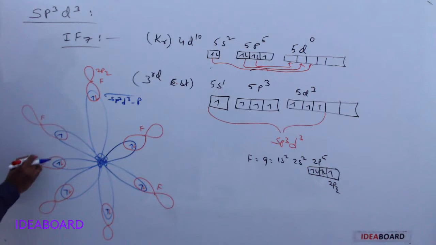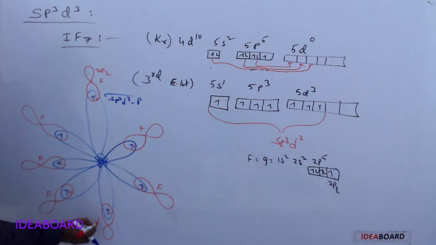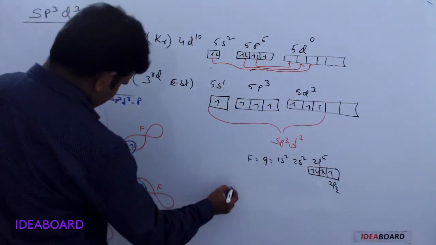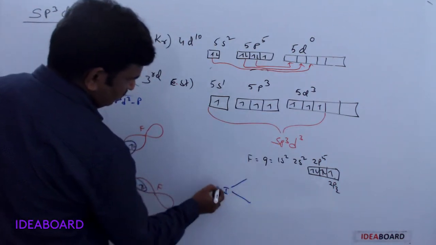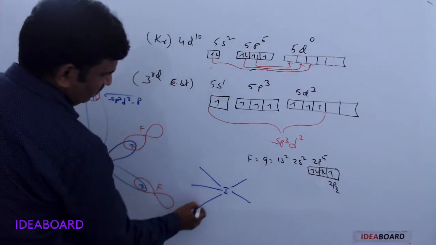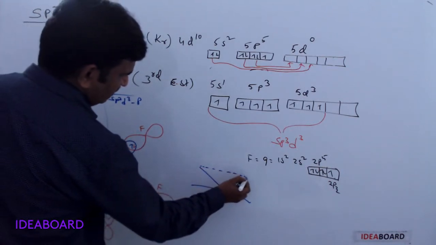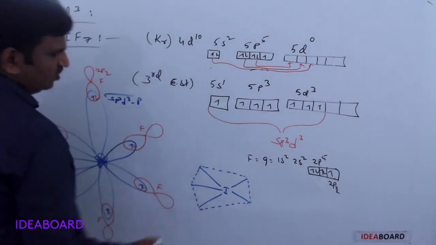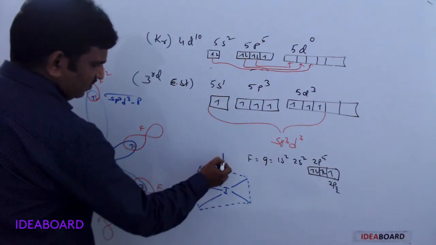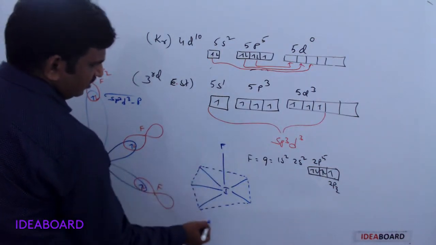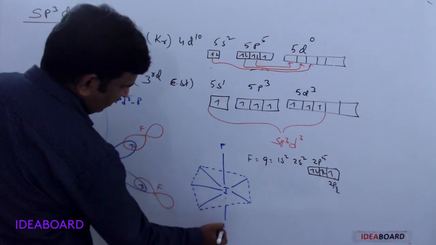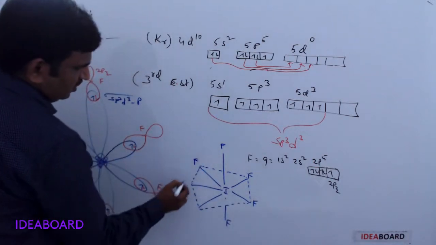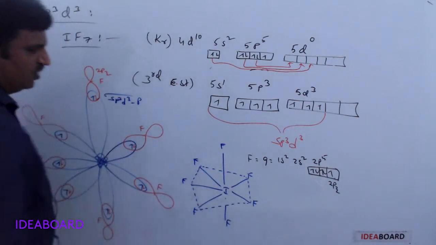So all these are fluorine atom 2pz orbitals. If the structure is taken, iodine, and here this is 1, 2, 3, 4, 5. All these 5 are present in the same plane. The same plane we can indicate with a dotted line, and above the plane we are having one fluorine atom. Below the plane we are having another fluorine atom, and this is 1, 2, 3, 4, 5 fluorine atoms.